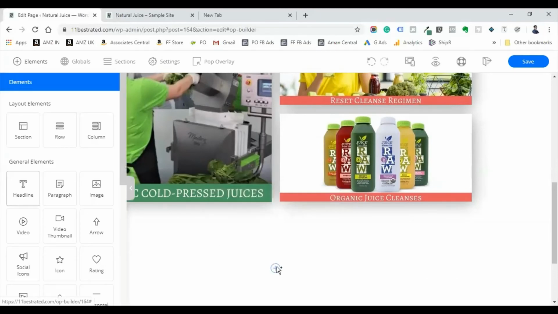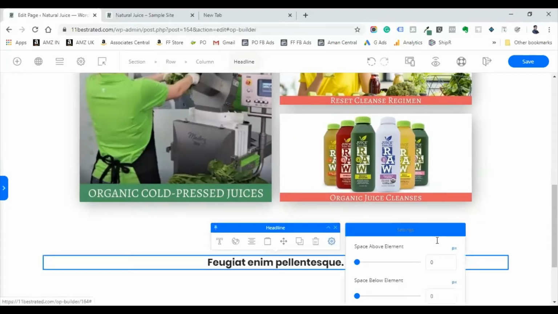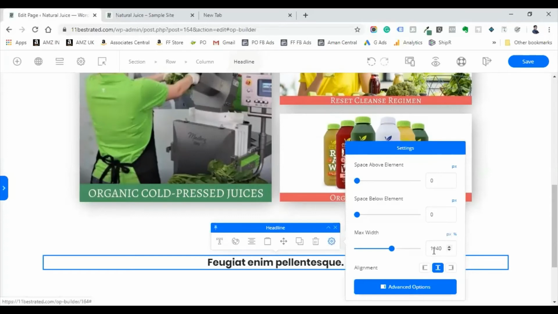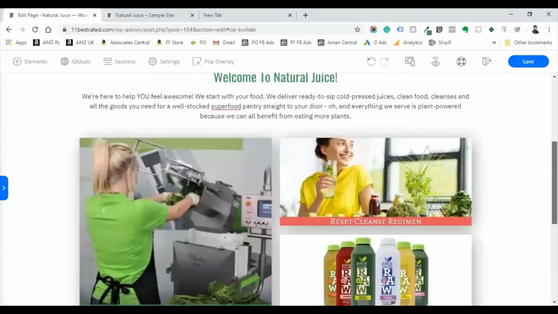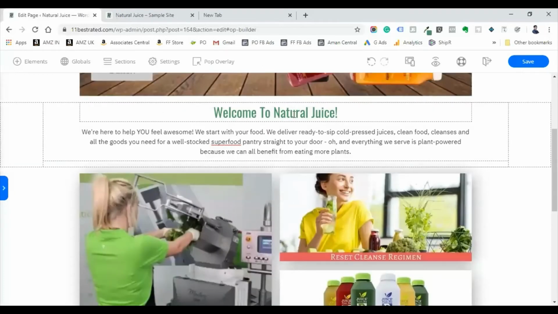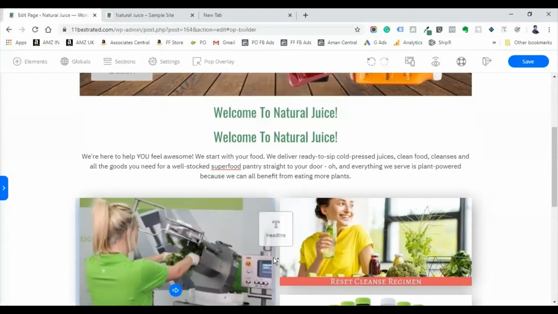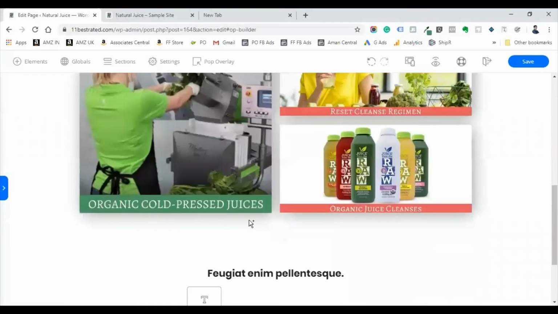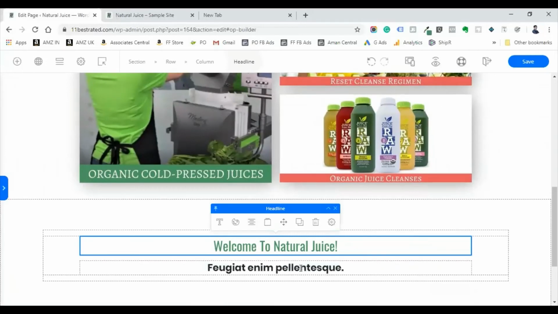add headline, make sure it is 960 pixels, click enter, change the font. What I usually do is, I don't create this again, because we have already formatted the size and everything. I just duplicate the element. I will drag this down, scroll down and bring it down. We can put it there, and we will delete this element.